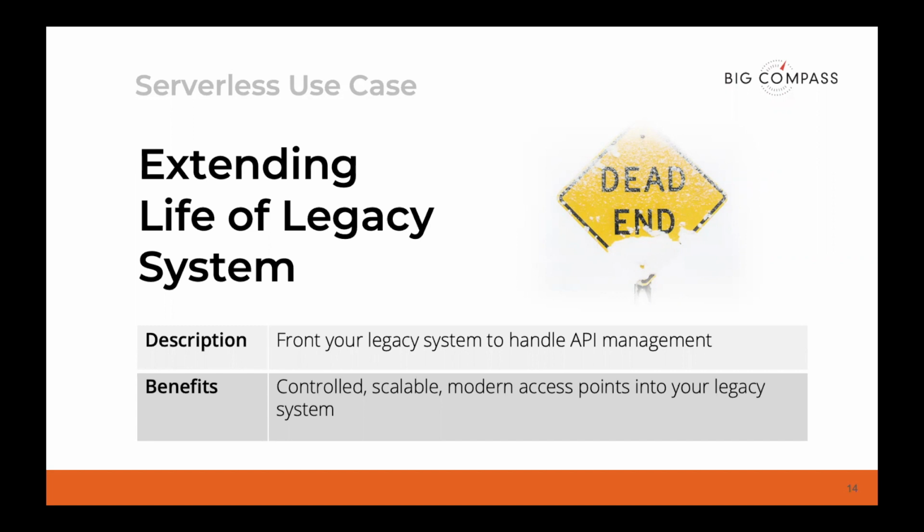So many times what I see work really well there is putting an API gateway in front of that legacy system to handle the control, the security, the reliability, and those customer-facing discoverable endpoints that can abstract your legacy system. So the public serverless API can now be extremely flexible and open up the way in which you expose your legacy system. It can also hold requests based on SLAs with clients to throttle them back so that your legacy system is not flooded, if you're reaching some scaling bottlenecks on your legacy system. So it can be used as a control access point.